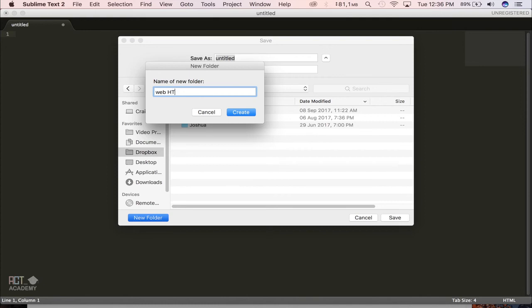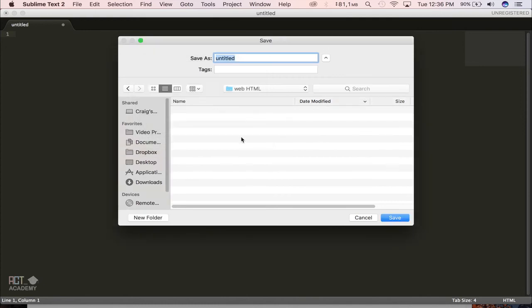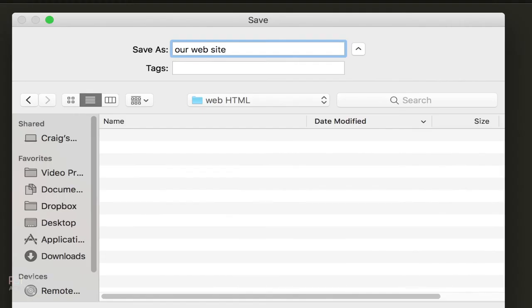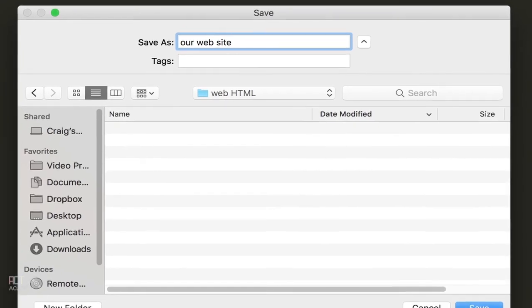Obviously all of the files that you're going to be creating are separate little HTML files. Each of these is going to require a name, and we're suggesting that you save them all in one folder. We'll just call it our website,